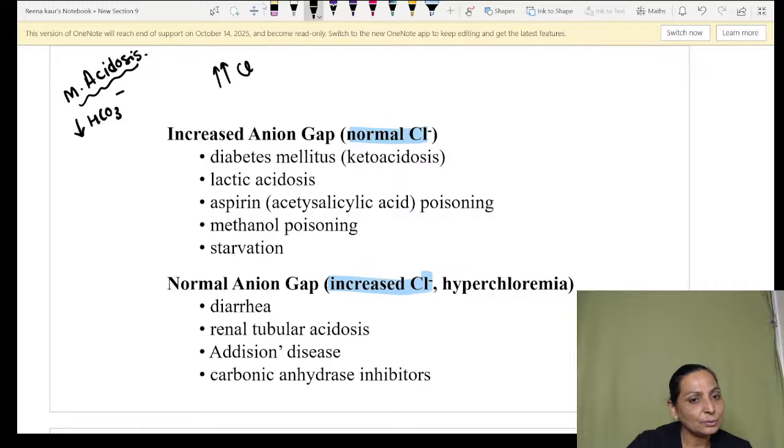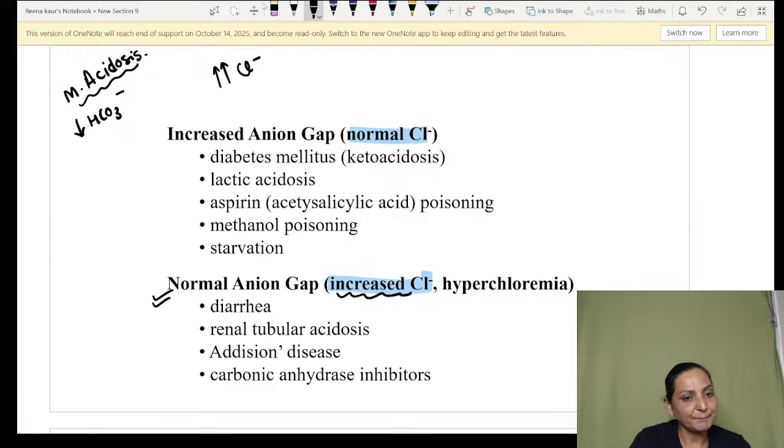These could be either chloride. If there is an increase in the level of chloride, which is normally a measured anion, ठीक है, उसको हम normally measure करते हैं. So whenever there is an increase in the chloride ions with metabolic acidosis, it is always going to be a normal anion